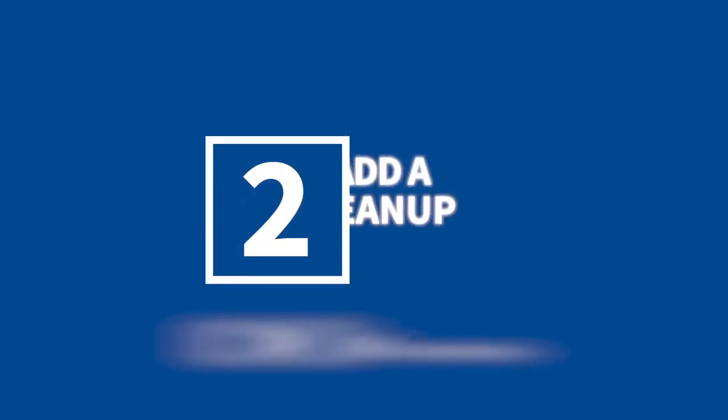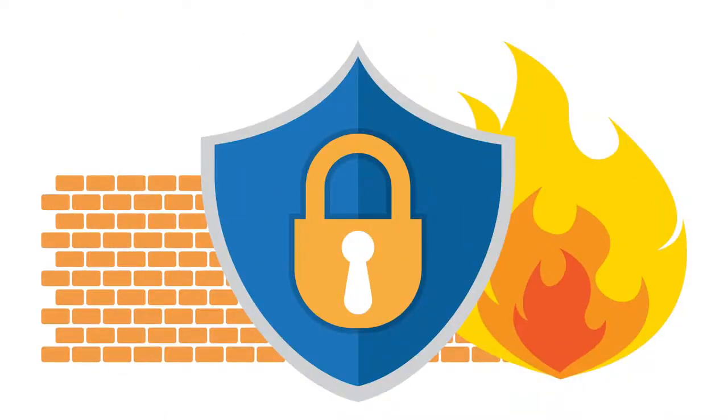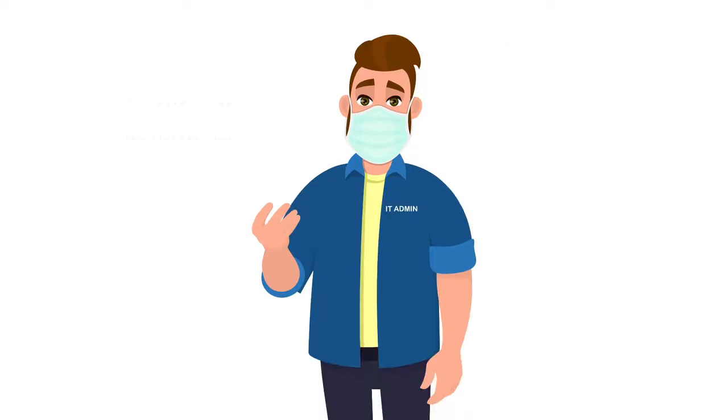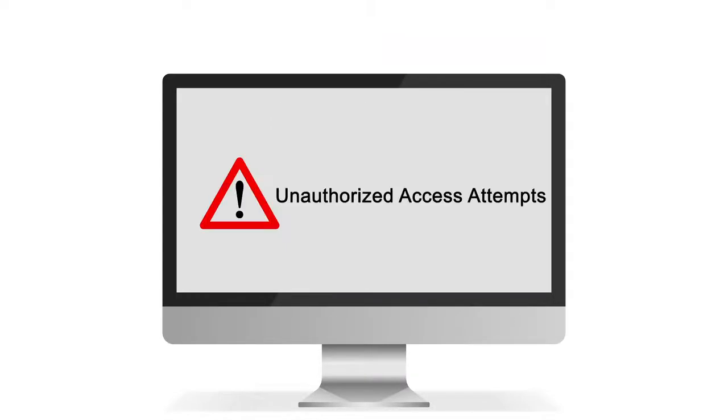Number 2, add a cleanup rule. The cleanup rule, generally last in your rule set, drops all traffic that was not blocked by the previous rules. Although some argue that a cleanup rule is unnecessary, it allows you to log unauthorized access attempts and aids your